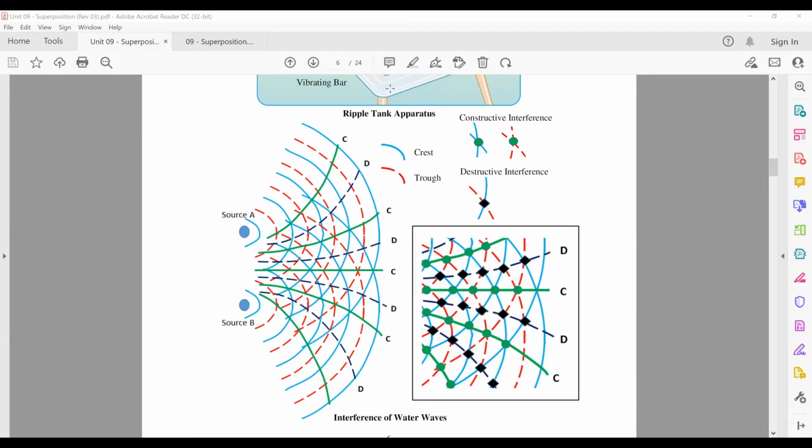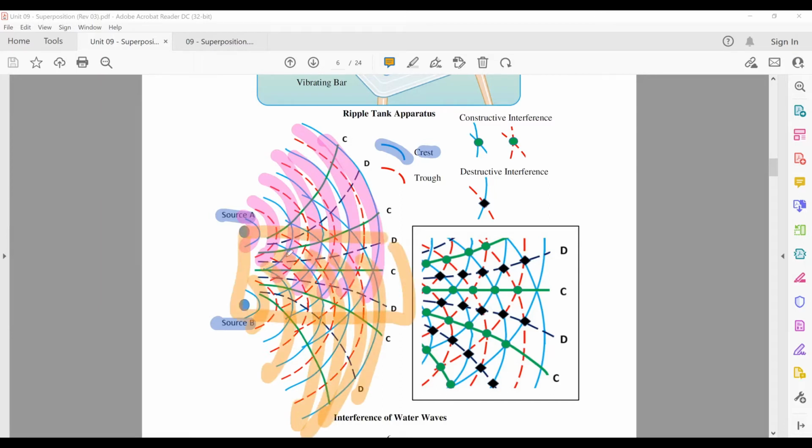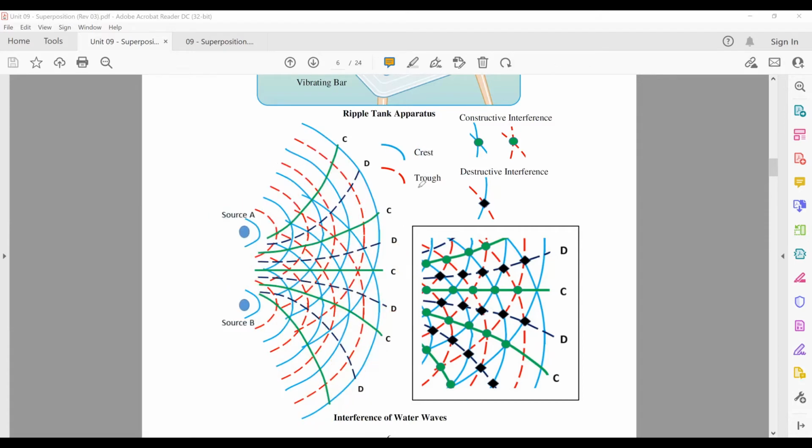The blue colored lines that you see here are representing the wave crest. There's source A and source B here. As I mentioned to you, the waves are circular. They will propagate outwards. Source A will have its own waves. Source B will also have its own waves. At some point or some region, they will tend to overlap. So we are interested to know what is happening. The blue colored wave here represents the crest of the waves. The dotted red line